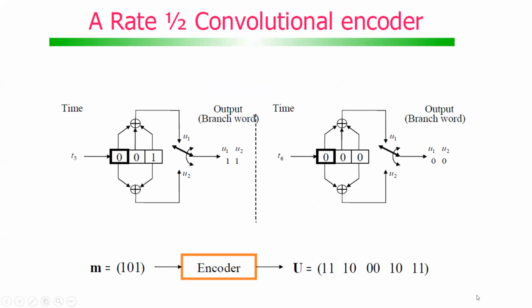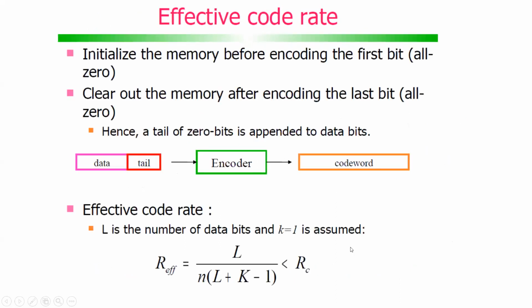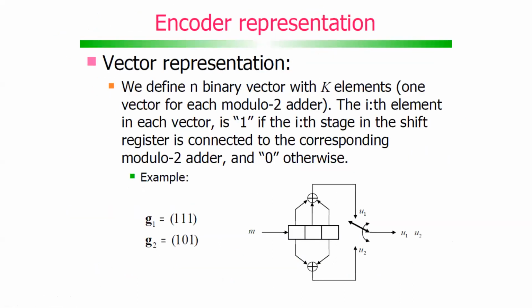Right. With these convolutional codes, you must ask me the question: I have only 3 information bits, but I am sending 10 bits. Why am I wasting my bandwidth? See, the bandwidth is being wasted to tackle the effect of noise. If any error occurs while traveling through the channel, using these codes I can correct the errors also. These channel codes are for error detection and error correction. We will see that in the later part of this presentation.